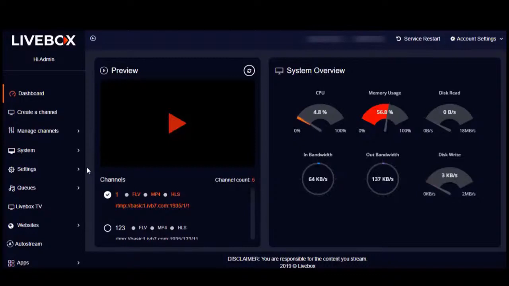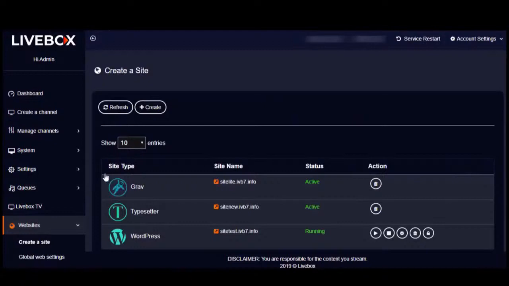Let's get started. So here on the Livebox dashboard, I'm going into this websites from the navigation menu. And here on my websites list, you can see that I have hosted 3 types of websites, that is Grav, Typesetter and WordPress. And if you have surfed about website hosting from other sources, you might have already